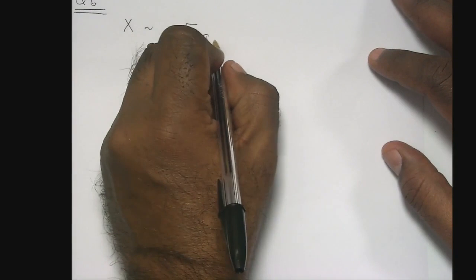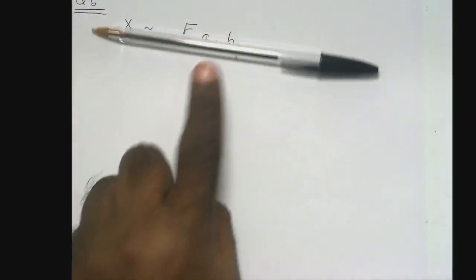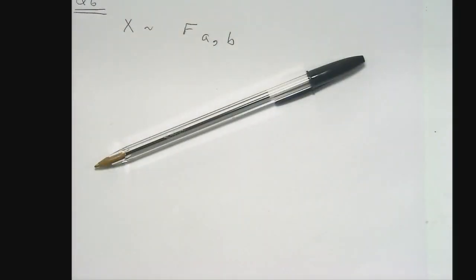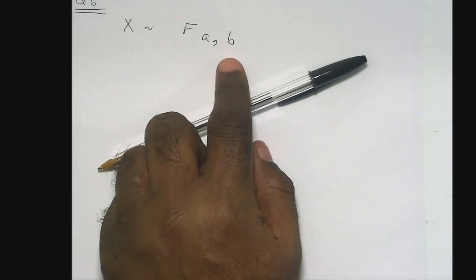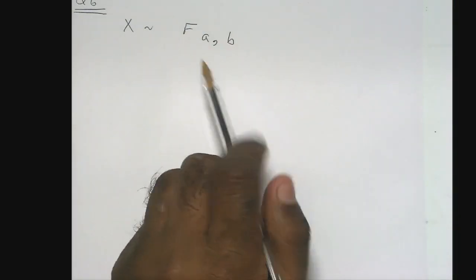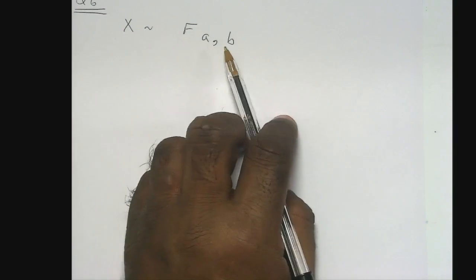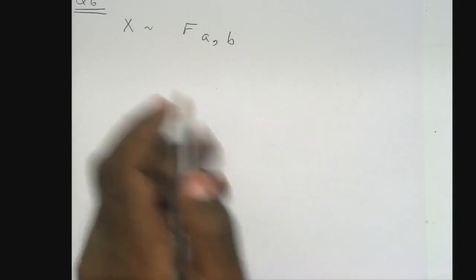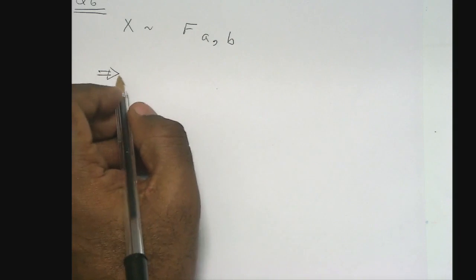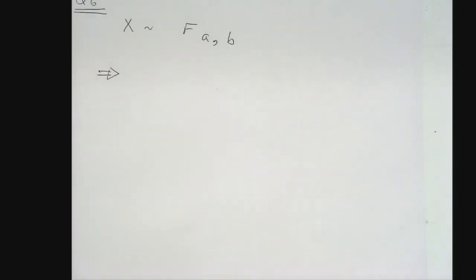Guys, can you listen to me, please? Now, you have a variable x. I'm using a and b instead of nu 1 and nu 2, just for convenience. So suppose x follows an F variable with parameters a and b. Now this implies, according to the lecture notes, equation 82, I think. Is that 82? Yeah. If you look at equation 82, guys,